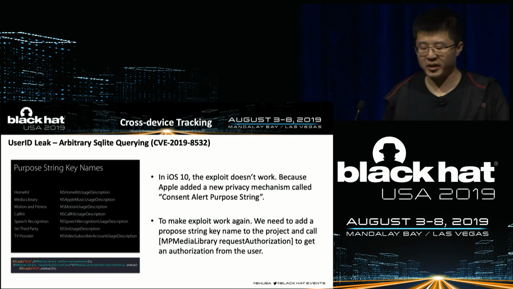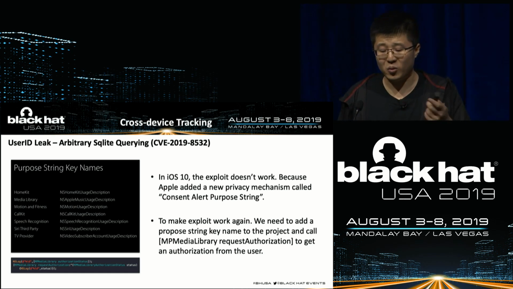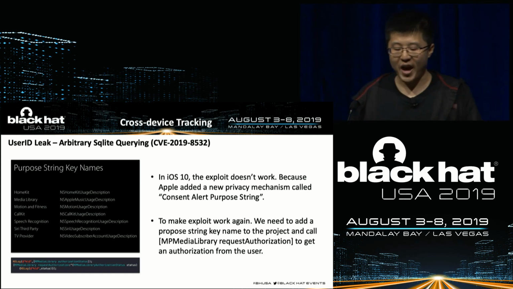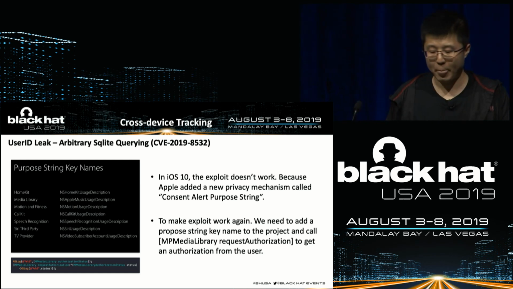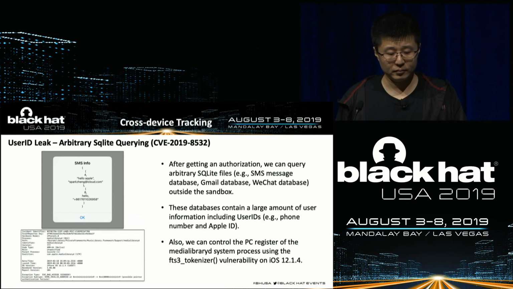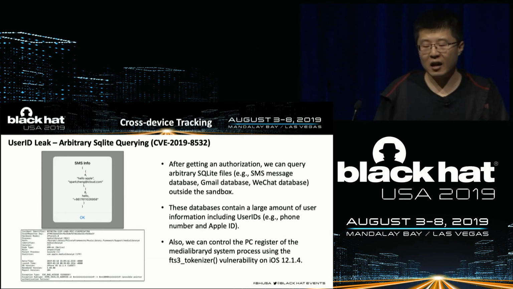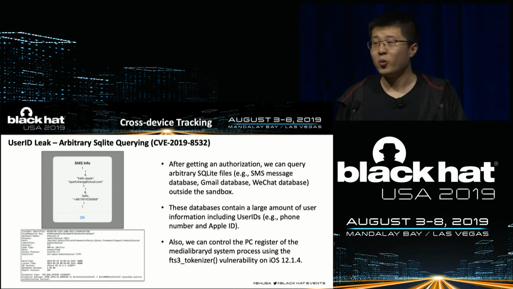To make this exploit work again, we need to add a purpose string key name, which is NSAppleMusicUsageDescription, to the project, and then call the MPMediaLibrary requestAuthorization method to get an authorization from the user. After getting an authorization, we can query arbitrary SQLite files.